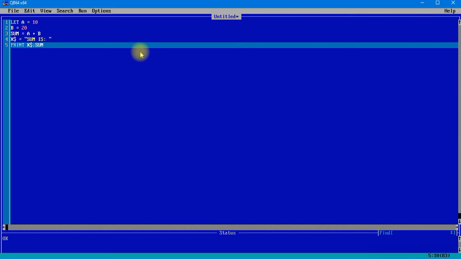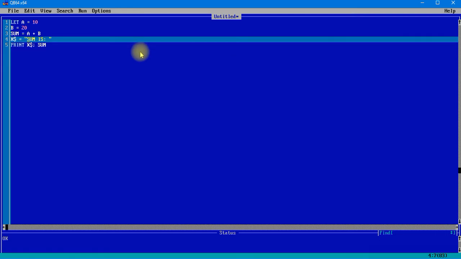Now what happens over here? At this point I am showing you also the use of the print command. Here the print command can also sum items directly. That means instead of writing this sum is, let me make this a remark, rem.